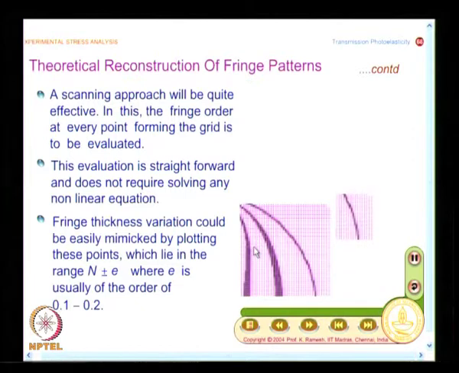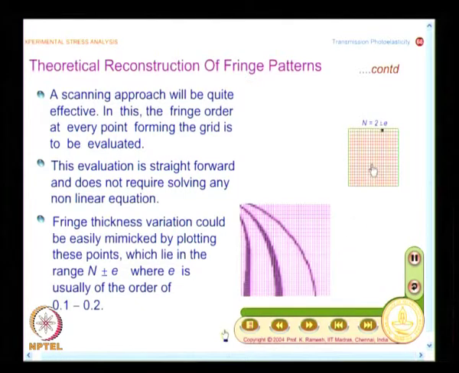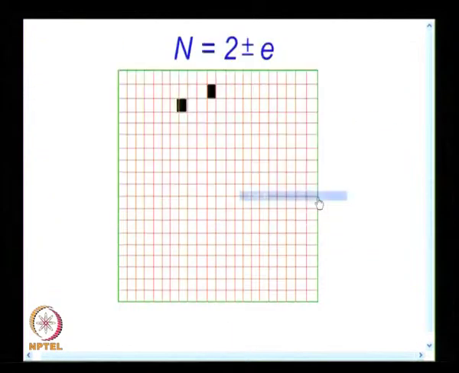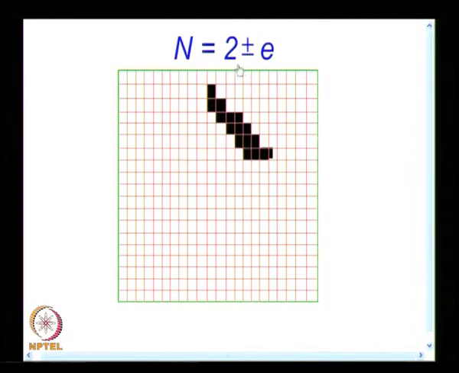I have essentially a fringe, identify this as an assembly of pixels, and this is what we would see here, and essentially I want to plot a fringe of n equal to 2 plus or minus e. So, I keep on doing this calculation repeatedly. Whenever I find this satisfies this, automatically the fringe thickness is also identified, and in this plot I have shown only one fringe order, and in fact you can develop the logical condition in a manner that in one shot it plots all the fringe patterns.